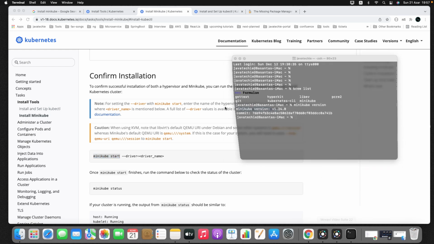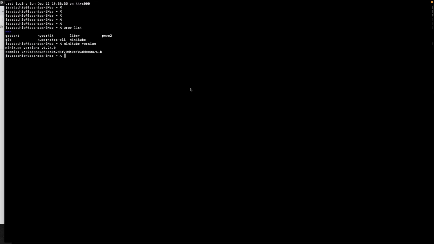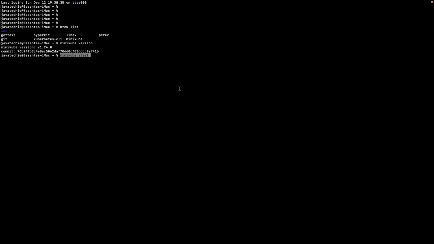Then let me go to the terminal. Let me zoom this. Yeah, I'll just copy this command and paste it. minikube start. Then just press enter. If you observe, it automatically selected HyperKit as the driver. Since I have only HyperKit installed on my machine, it directly takes this. If you have other options like VirtualBox or VMware Fusion, then it may ask you to choose the driver you want, and it will take a few minutes to start Minikube. So let's wait for it to complete.